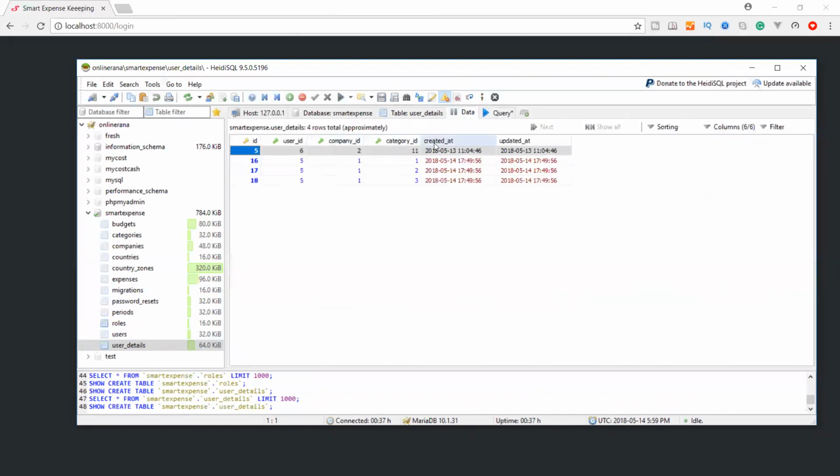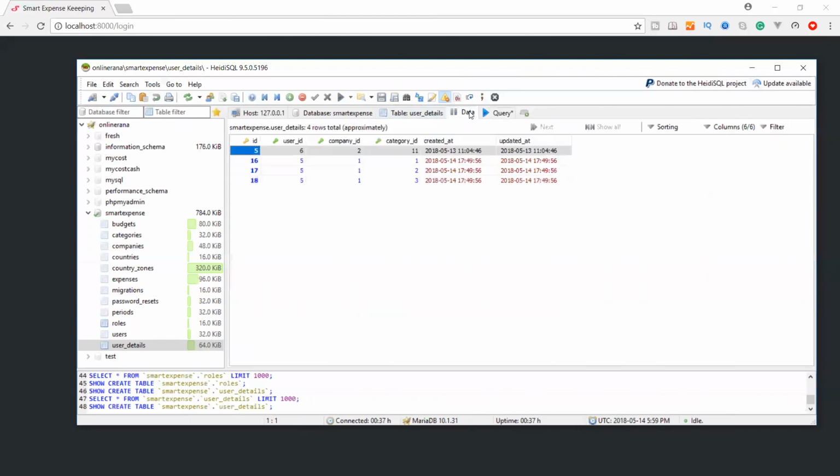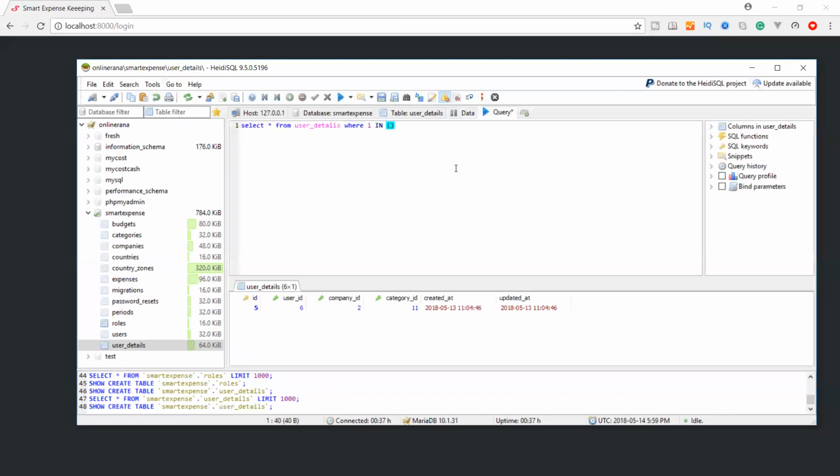Let's find this one first: where company ID, suppose 1, IN, and we match this company ID to this field name, which is company_id. For this we will give the currently logged in user, and we'll find its company ID.